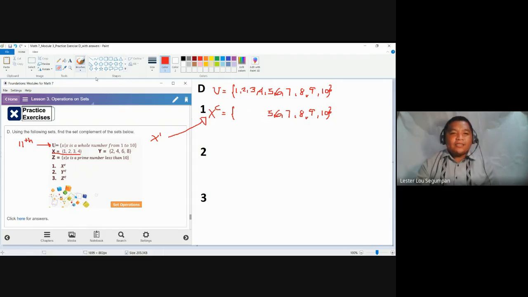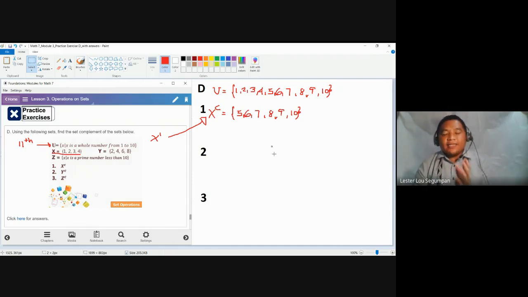So the elements that are left are the elements for the X complement, which are 5, 6, 7, 8, 9, and 10. Why do I say complete, the term complete earlier? Try to look at the elements of set X and set X complement.